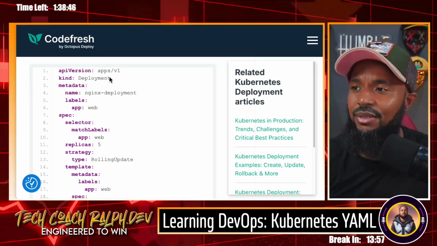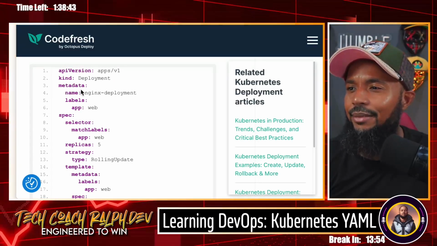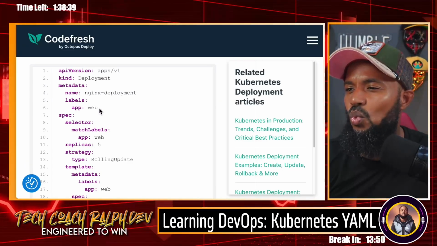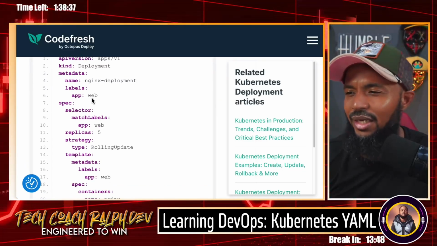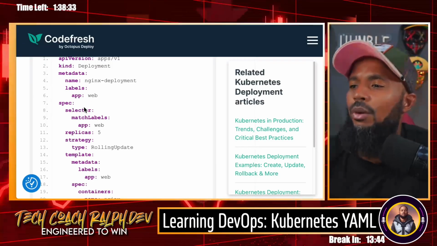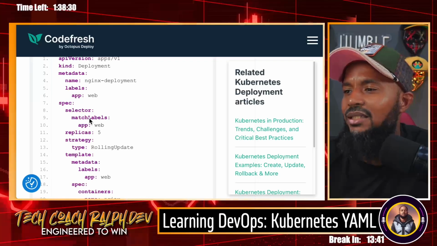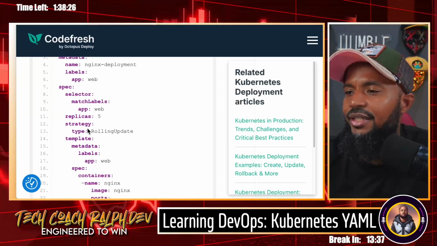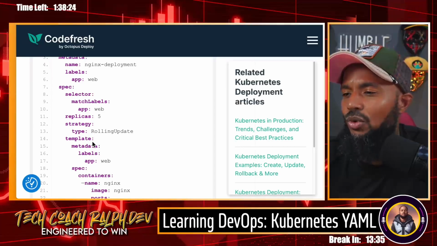The kind is going to be a deployment. Metadata, the name is going to be Nginx deployment. Labels, app is web. Okay, because I'm not 100% sure what this metadata name is yet, but we'll find it. So spec, selector, match labels, app, web, replicas, strategy, type, rolling update, template,